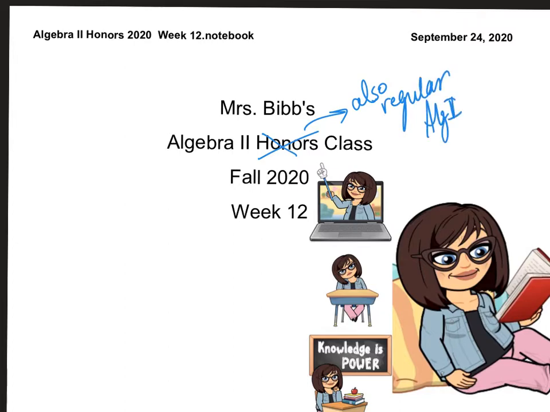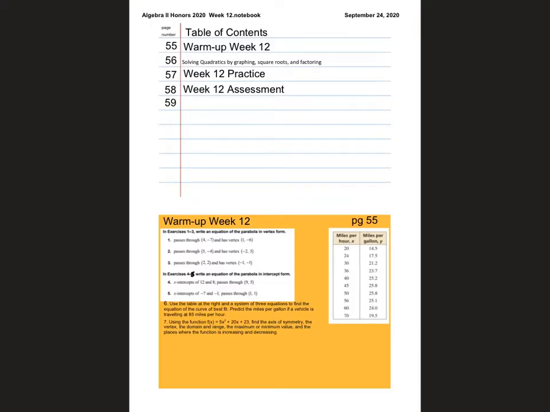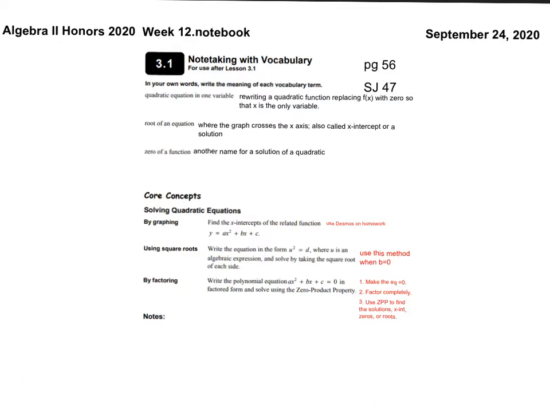Today we're going to be learning how to solve quadratics. Make sure that you fill in your table of contents and complete your warm-up. And the warm-up for my regular Algebra 2 will be different, so don't be alarmed. If you'll please pause the video and write down the definitions that you see that I have typed here. If you will write down what's in red,